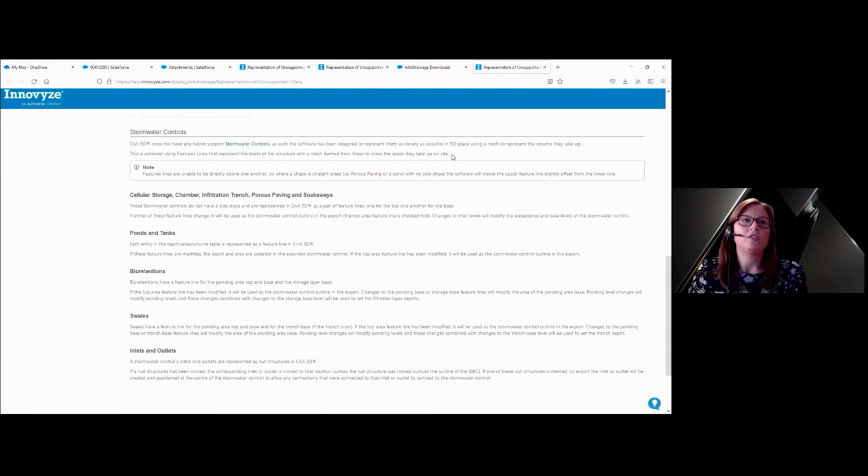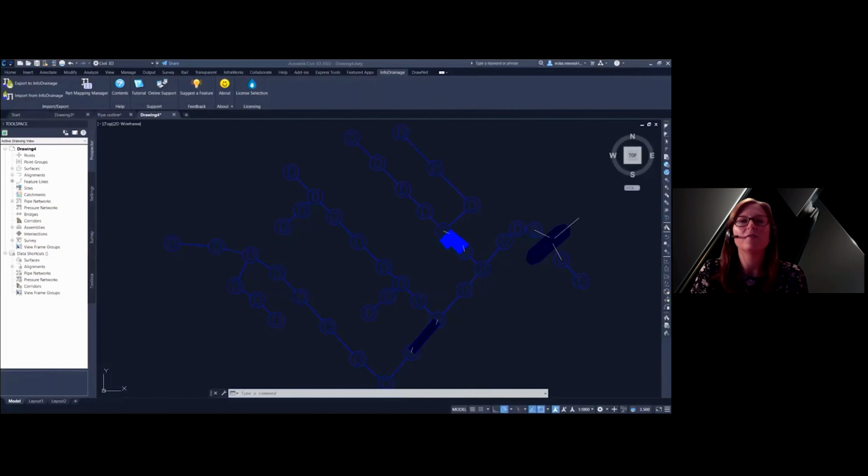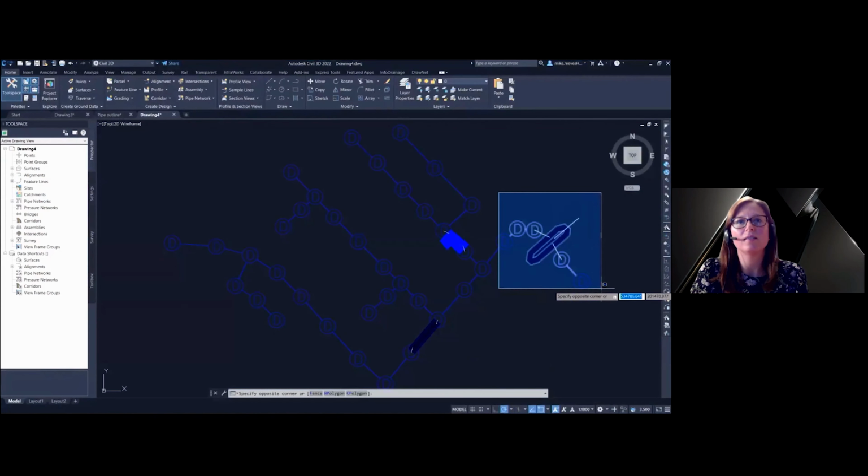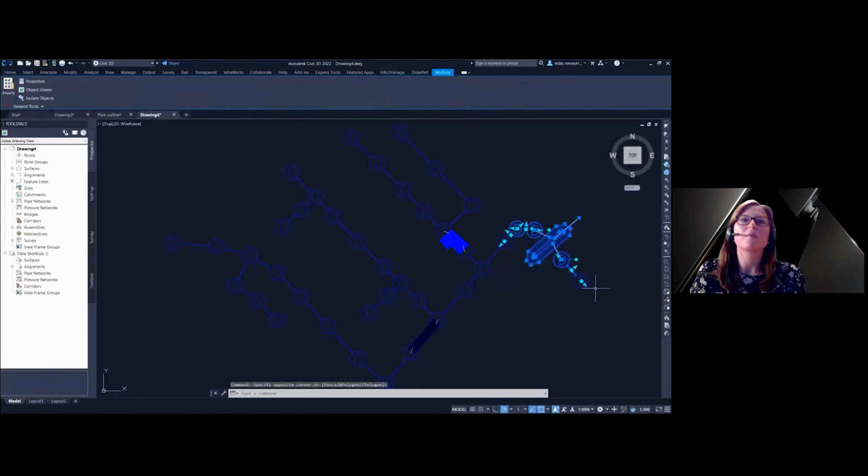Going back into Civil 3D in a moment, we'll take a look at the pond in a bit more detail. That object actually includes the connections to it, the inlets and outlets. And we can see how it's represented within a 3D view.